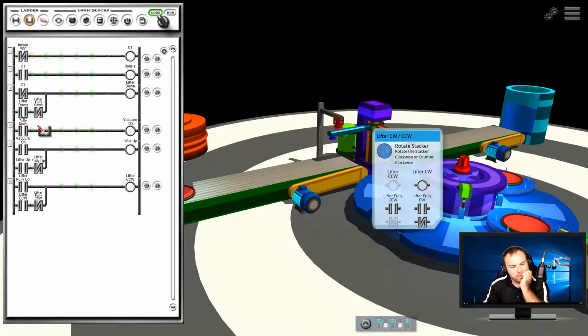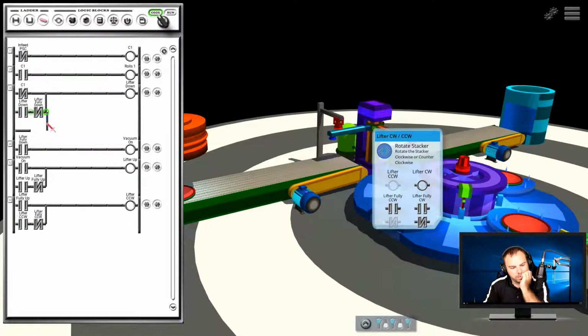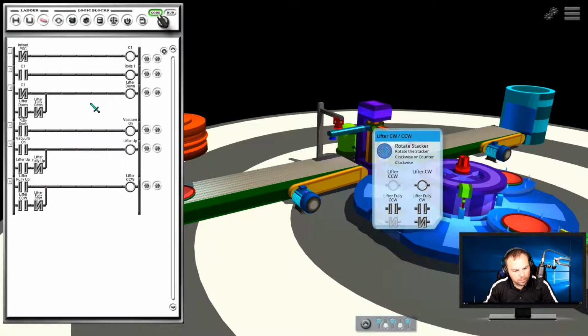So could we add another rung down here and make it to where if lifter's going down, or we can add a clause. So I think we have to add states here. So that's what we're going to do. We're going to make it to where, erase this line. We're going to make it to be where we're in the down state, and if it's in the down state, then lifter down. So